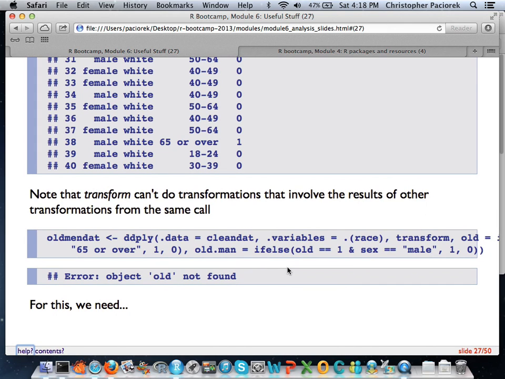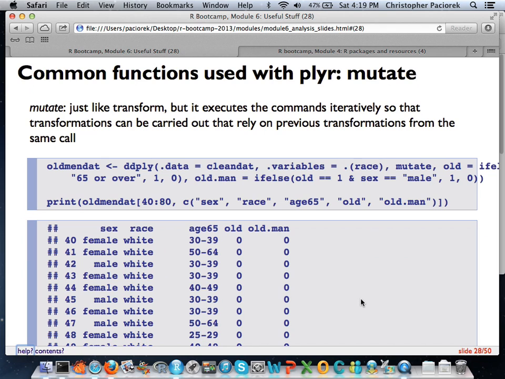I can really speed up this process super fast by just throwing in a whole bunch of new columns that I would add to my data frame. And I can generate one column, and then I can take the value in that column and turn it into a value for another column. You can't do that with a call to transform. To do that, you have to use a function called mutate.